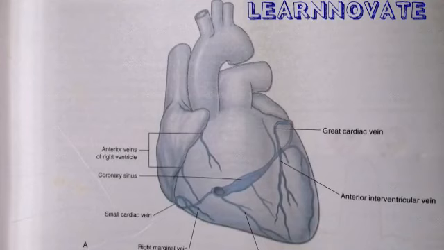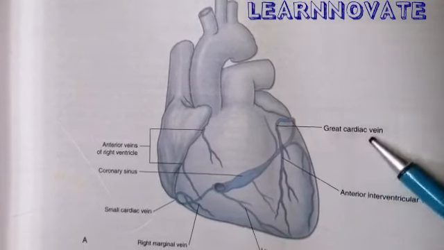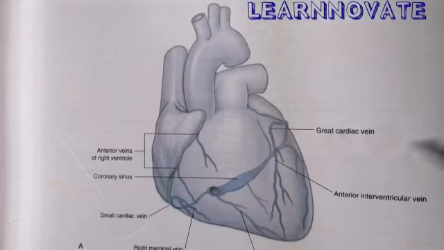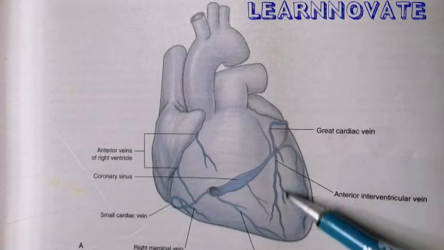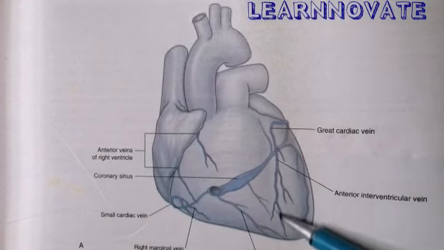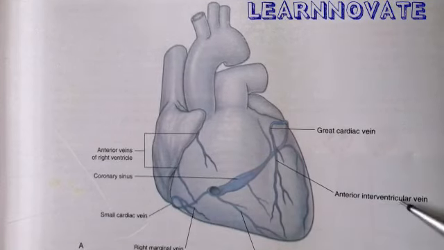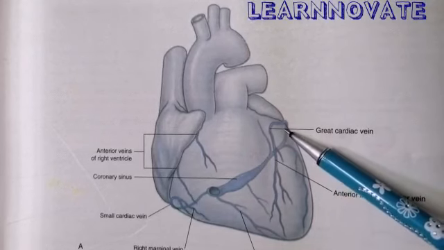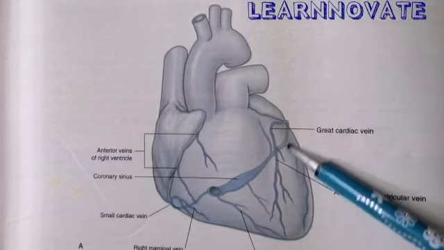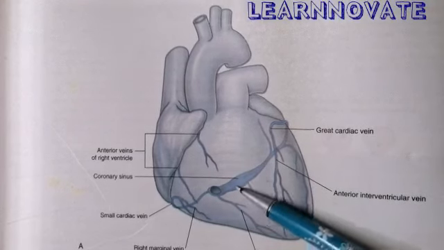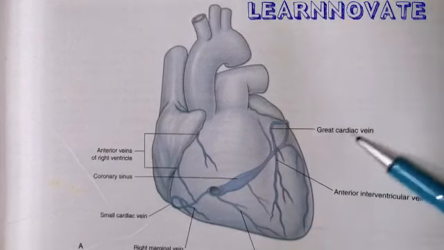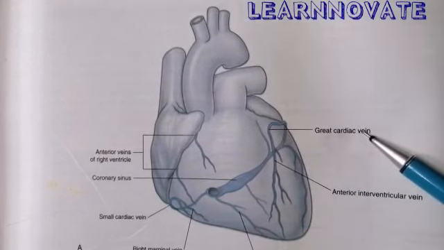Here in the anterior view of the heart, you can see this is the great cardiac vein. The great cardiac vein starts from the apex of the heart. It runs upward up to the level of the coronary sulcus. From there, it passes anterior to the anterior interventricular septum, so that's why it's also called the anterior interventricular vein. This anterior interventricular vein is going upward to the level of the coronary sulcus. This great cardiac vein will turn posteriorly, and it is going to drain into the coronary sinus, that ultimately drains into the right atrium of the heart. The great cardiac vein provides major venous drainage to the heart.